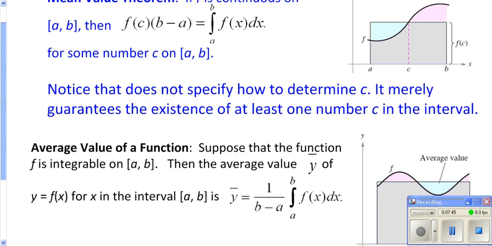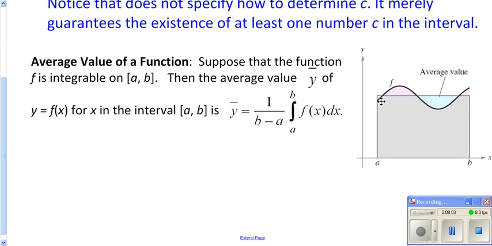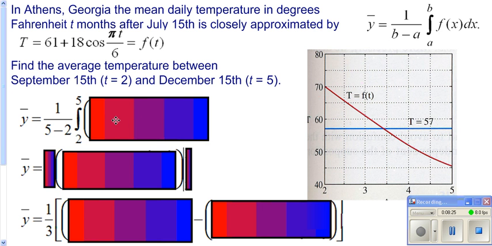The average value theorem is saying, okay, let's take this right here and get the f of c by itself. That's your y value, your average y value. So to get rid of this, we've got to divide both sides by it, or multiply by the reciprocal. Your average value is really just the average height of your whole function if it were a rectangle instead of a curve, in which case your curve and your rectangle would have the same area. So let's go ahead and find the average value of this. Here's your average value. In the context of this problem, we're going from 5 back to 2. So we're going to integrate from 5 to 2 of your function,